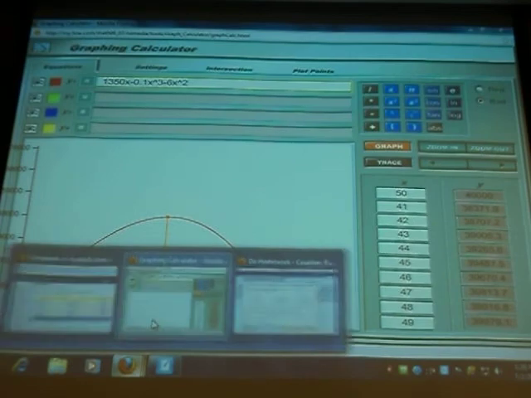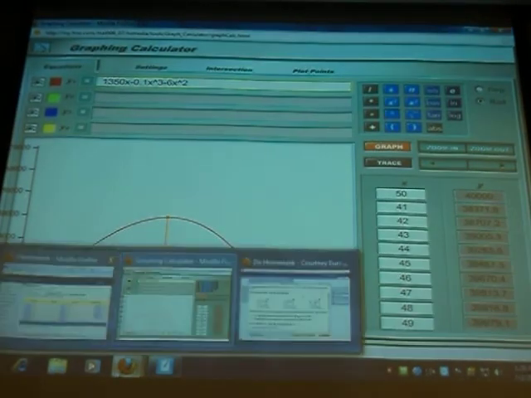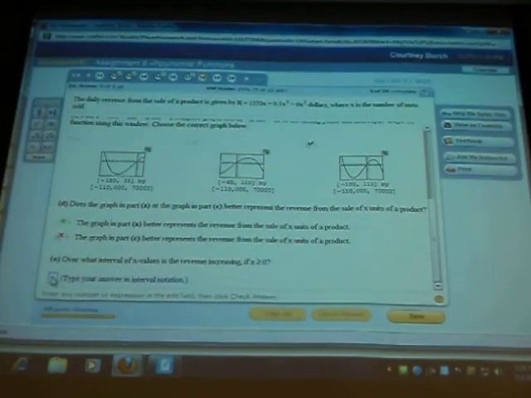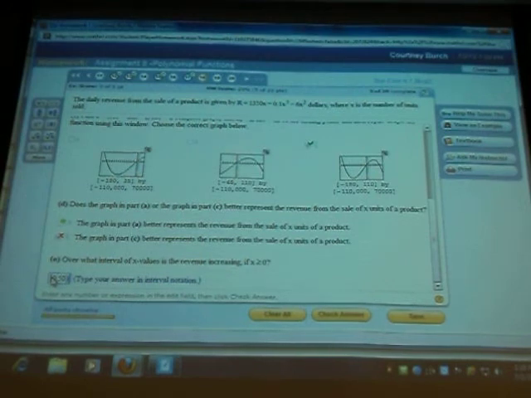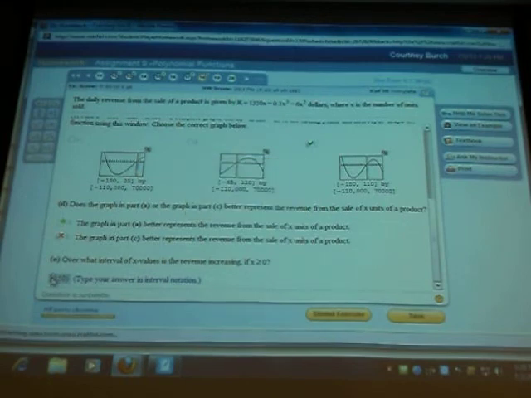Now, how am I going to write this interval? Bracket, 0, comma. Oh, yeah, we want positive. Yeah, it's in the positive revenue. And we can't say negative units. Okay, I'm actually going to want to end with a parenthesis, because at 50 it changes, so at 50 it's not increasing or decreasing, it's technically flat at 50. I think that's what they want. I'm not 100% sure. Okay. Well,